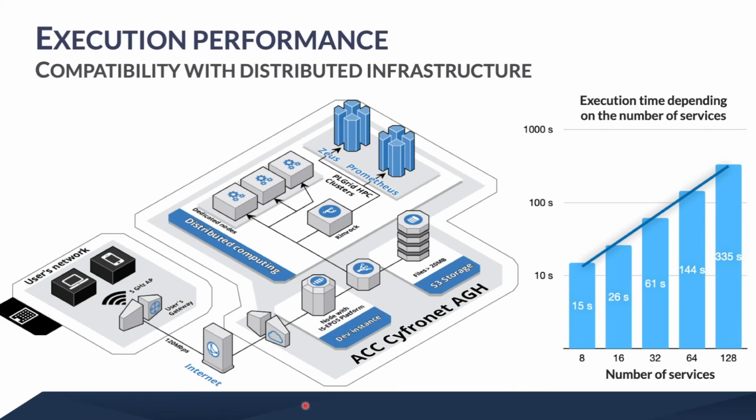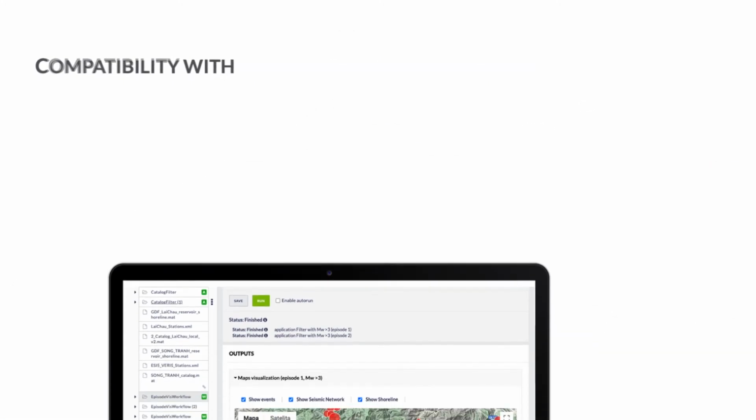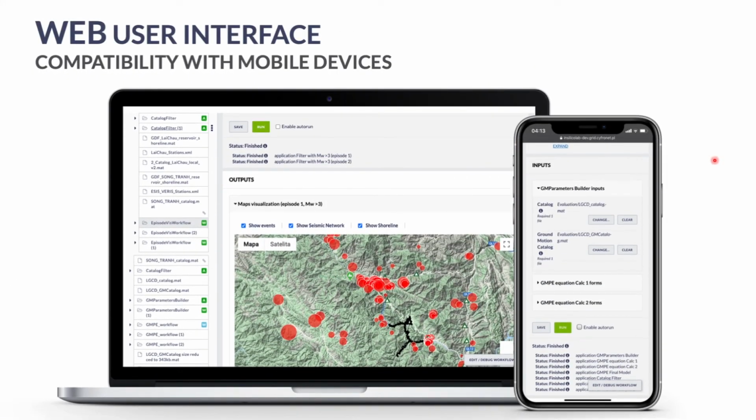Moving towards the end, I wanted to quickly show you the performance results of execution. During tests, the ES-EPOS platform was running on our development instance with 3 dedicated computing nodes. It was able to execute up to 120 services in around 5.5 minutes. The main limitation here was the graphical user interface. The web UI supports all screen resolutions from desktops to smartphones.